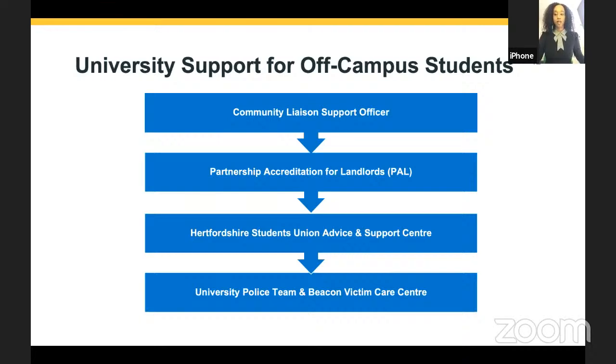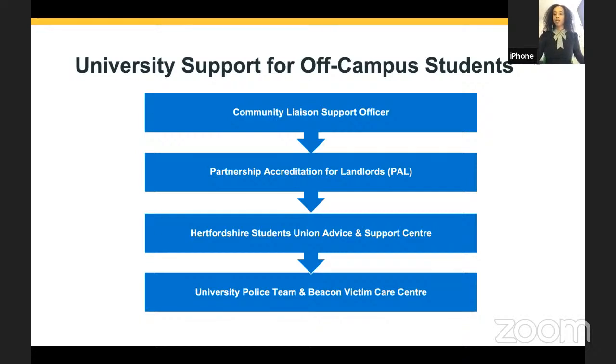As students living in private accommodation, you're part of the local community, and you should therefore consider the diverse range of cultures of those around you. There are many factors that contribute to a breakdown of neighborly relations, such as noise issues, inconsiderate parking, and even general tidiness of the property. And with these types of issues, the Students' Union Advice and Support Center offers confidential and impartial advice. They can help you handle landlord and agent disputes. They can also facilitate informal mediations between housemates, or they can give you general advice while you're house hunting as well.